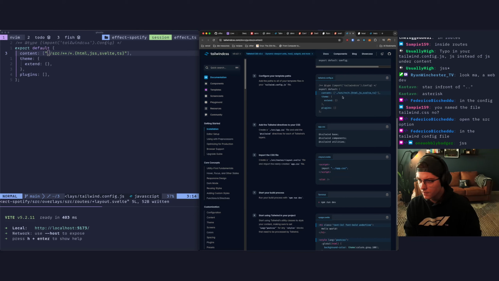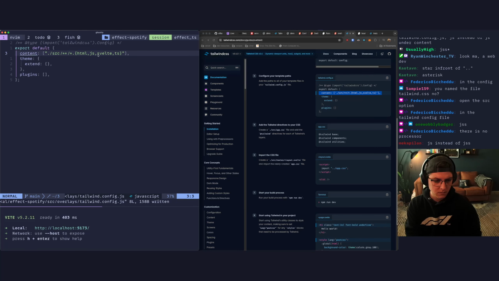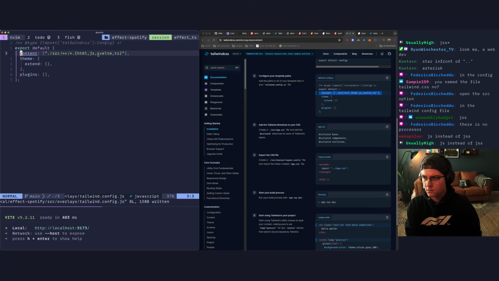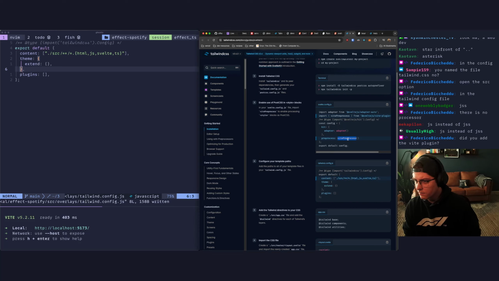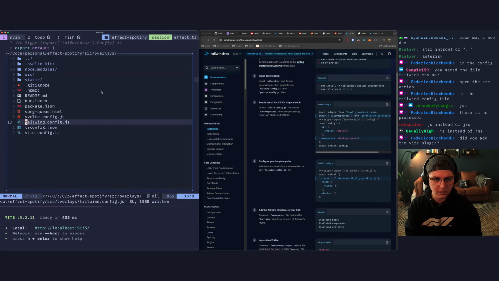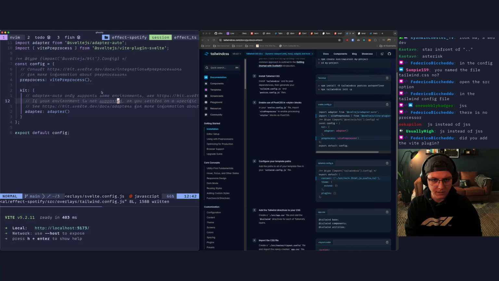That seems fine. That seems like exactly what I have. Yeah, the Vite plugin. The only Vite plugin I needed to add was, it's already in here.